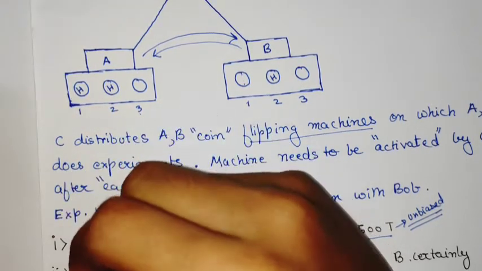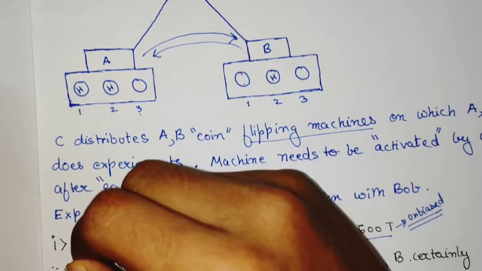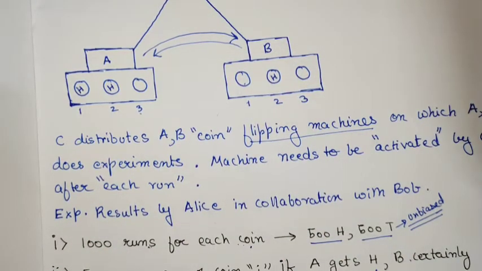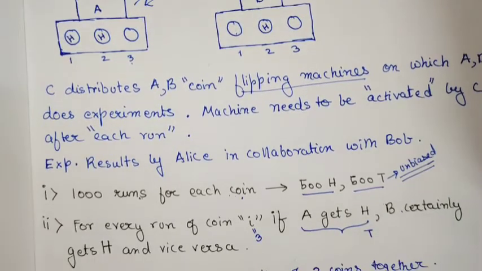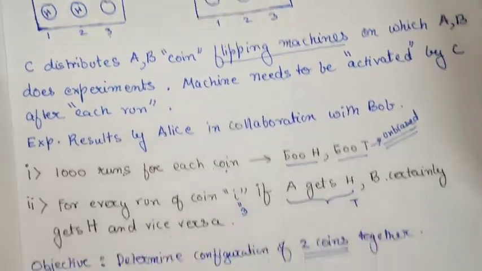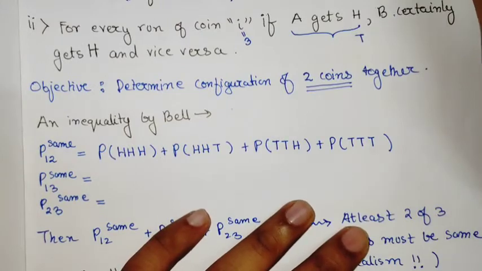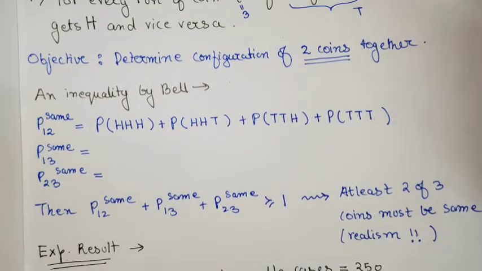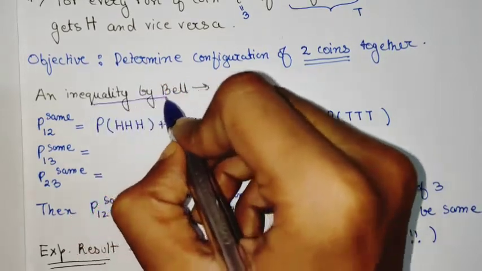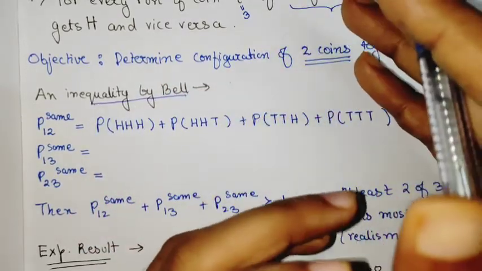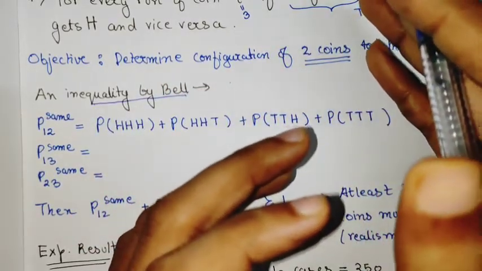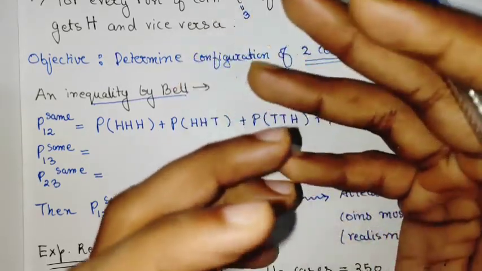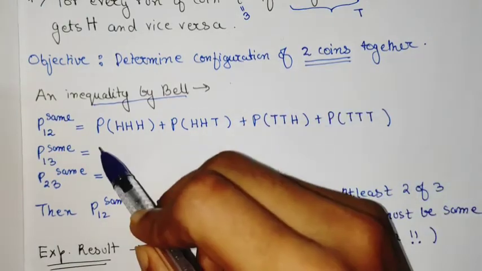This can be done for any two pair of coins, and they agree that it is a valid procedure. And still, to confirm this procedure in a better way, they write down an inequality, which is essentially the Bell inequality. So why is this a Bell inequality? Because this is the most general inequality that this set of three coins must satisfy. So what is that inequality?